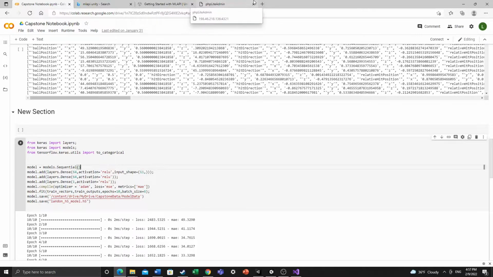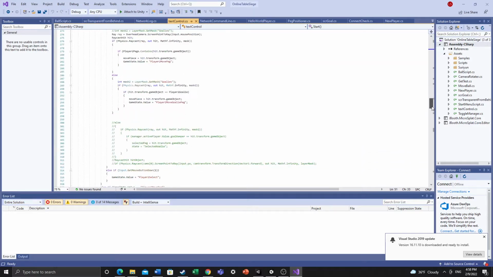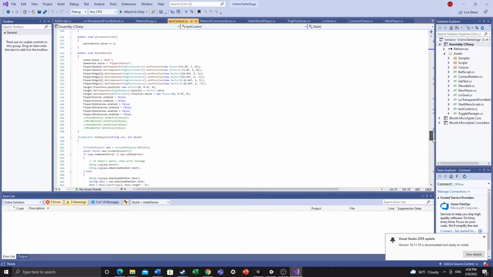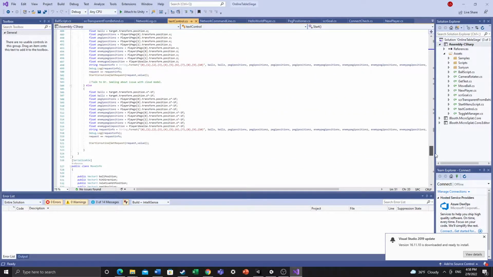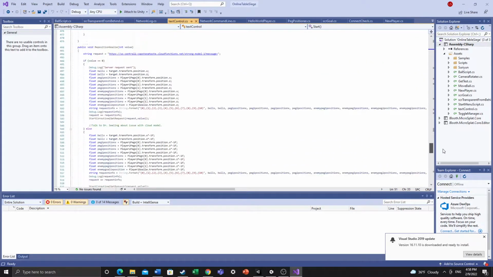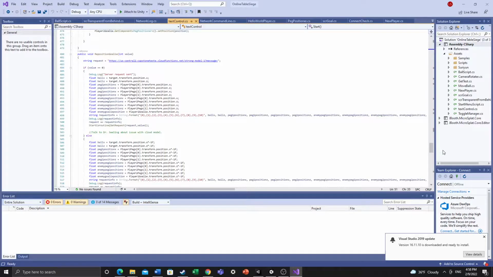So what we ended up doing is sending this data to a cloud service that would host the model inside of it, and it would then use that model to make the prediction and send back an HTTP response